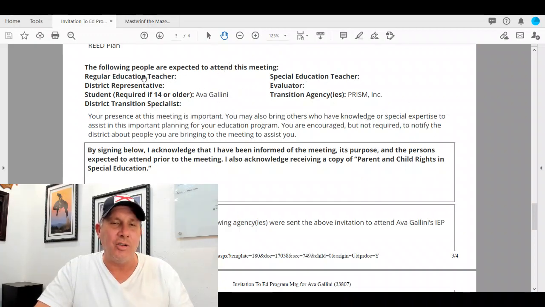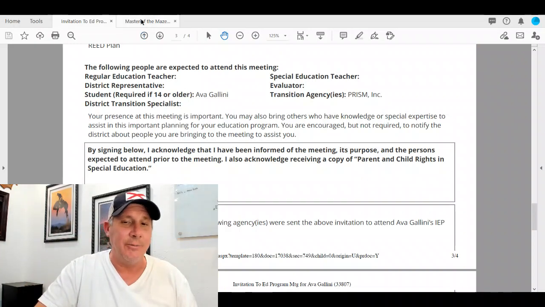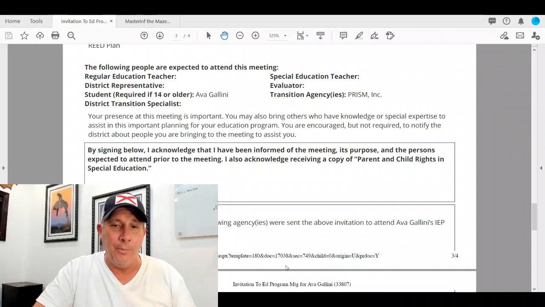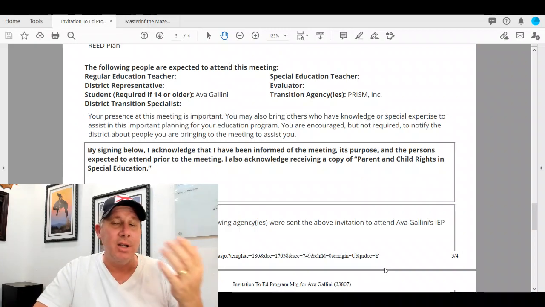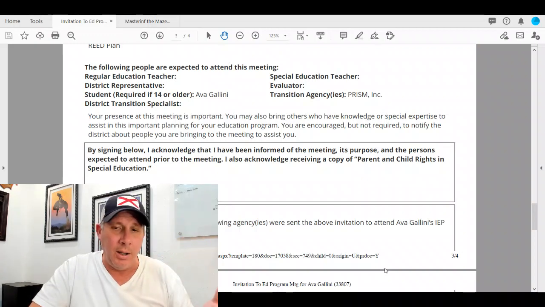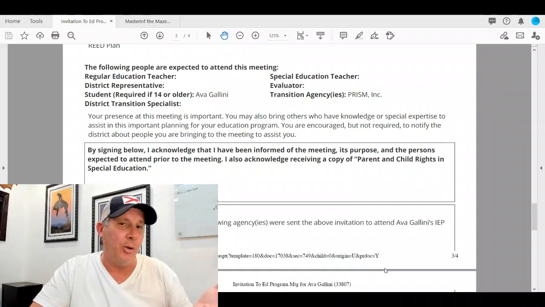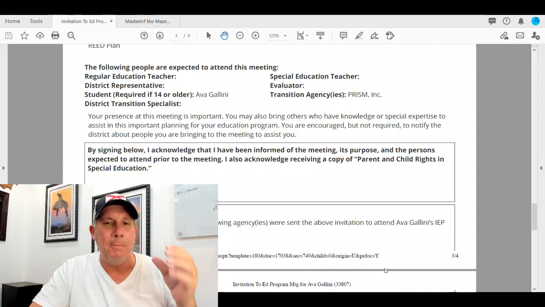But as you can see, just like on the Alabama invitation, they have all of those requirements, just a different format that they follow. And you'll find that true with your state. But just like on this, there is plenty of empty space for me to write my response, whether or not that works for me, and to please reschedule. And then at that, we participated, there was no issue. But at the same time, if there was, that's how we would handle it.